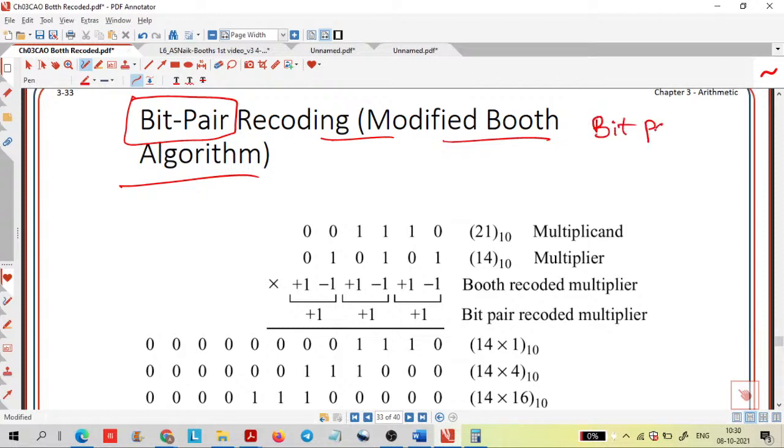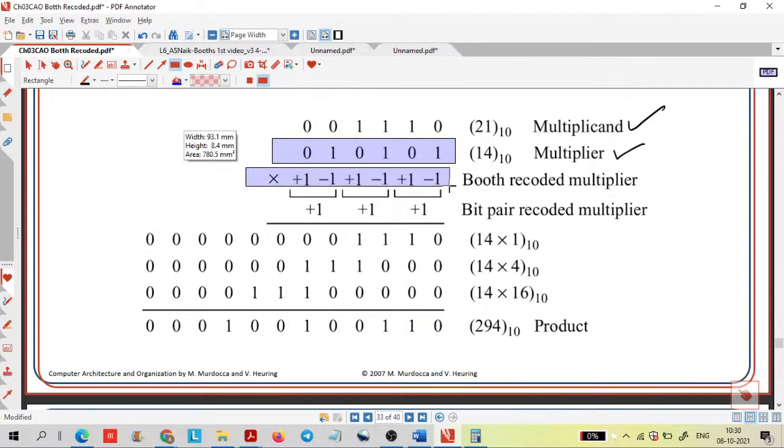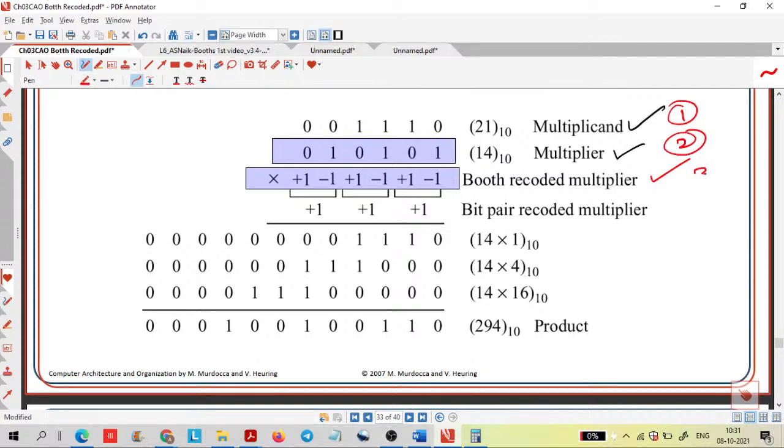Bit pair recoding of the Booth algorithm. So here again the same steps. Here you find the multiplicand and the multiplier, and for this particular multiplier you take the Booth recoded multiplier. Up to here you already knew: first step multiplicand, multiplier, then Booth recoded multiplier. After that there is one more step that is called